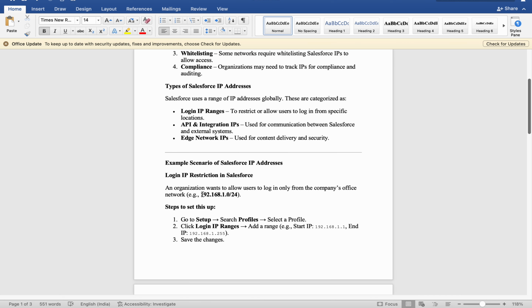So this is like an IP address. You can add it by a range. Suppose you set a range for the office IP address, and users within that range can log in. If a specific person wants to work from home, then in the start and end fields you can add the same IP